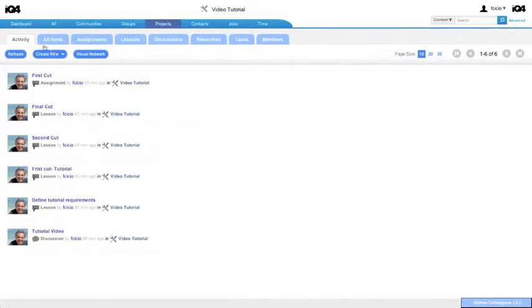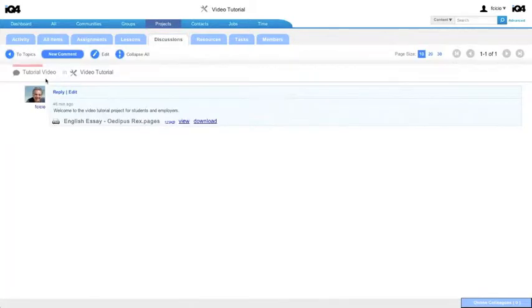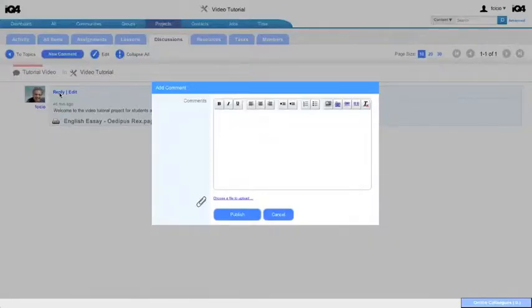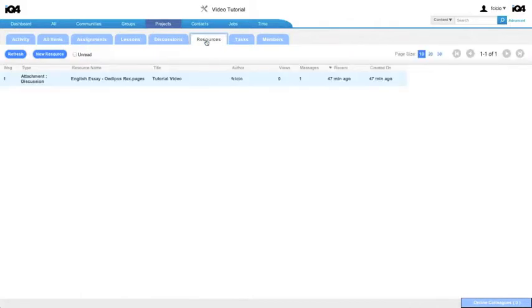So we'll start with discussions. I had started a discussion already, and you could see that I've attached a document to the discussion. It's very simple to reply to a discussion and continue the dialogue. Anything that is a document or reference that is attached to a discussion thread is automatically captured in our resource section,